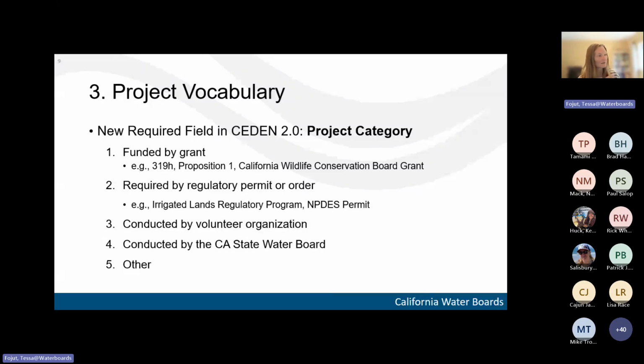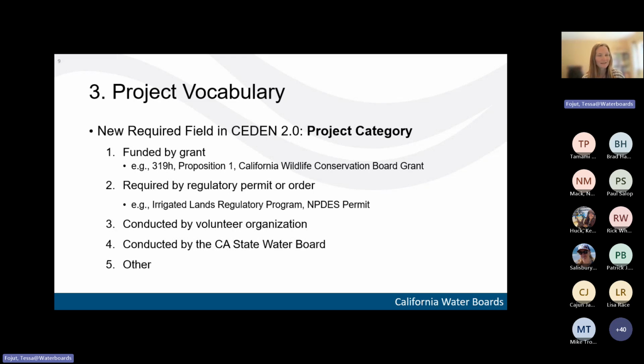So they came up with these different project categories that they wanted to track. Then we made this a required field in CEDEN 2.0, and the idea is we'll also start requiring it in CEDEN.